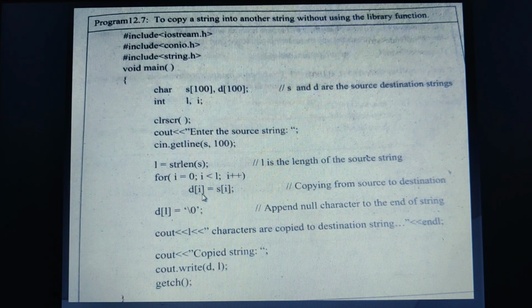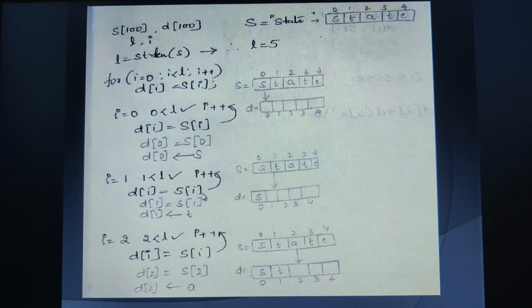So, let me show this with tracing so that you all can clearly understand. Look at this. My source string consists of the string known as state, S-T-A-T-E. Now when you store it in a computer memory location, this is how I get it: 0, 1, 2, 3 and 4. The length will be 5 bytes because each one is 1 byte. So here the last index is 4. Why is it starting from 0, 1, 2, 3? Because an array subscript always begins from 0. But when we calculate the length, we take how many characters there are: 1, 2, 3, 4 and 5. That is the reason L is equal to 5.